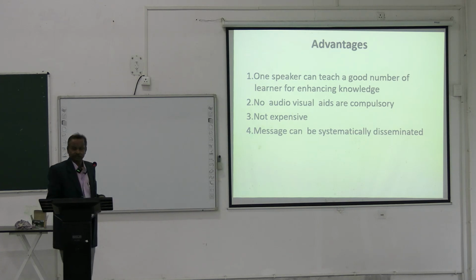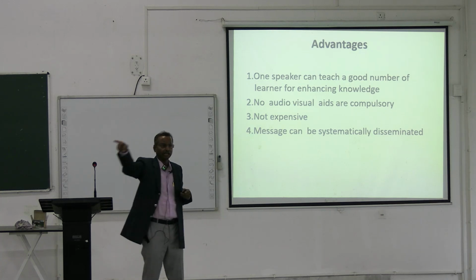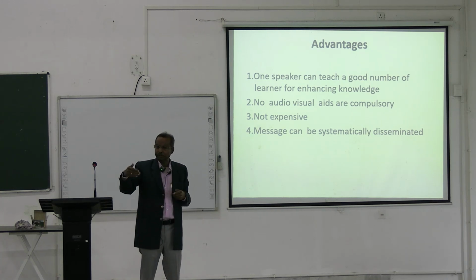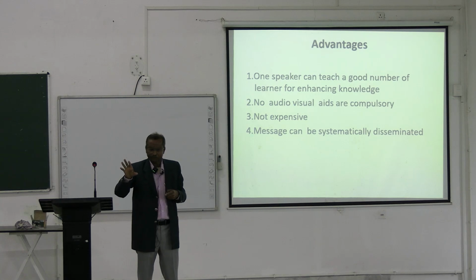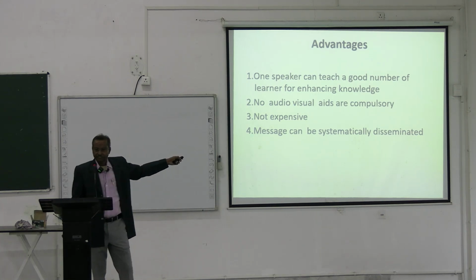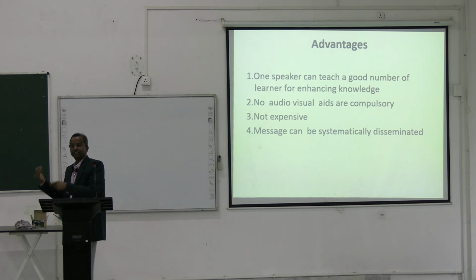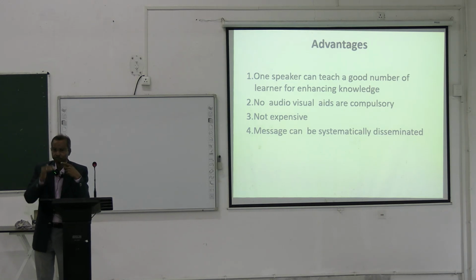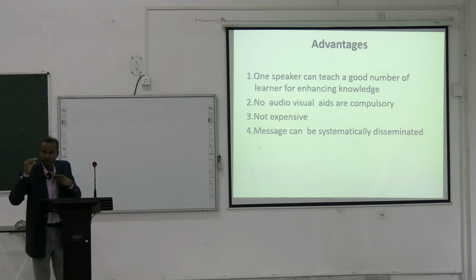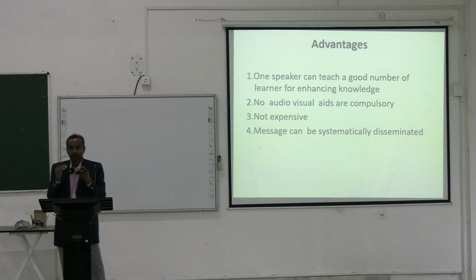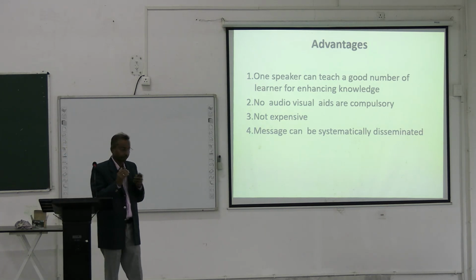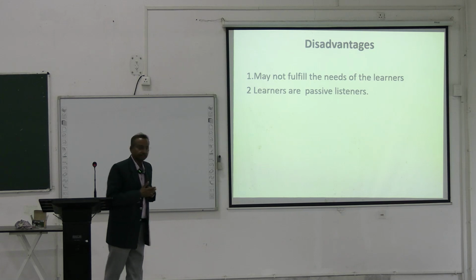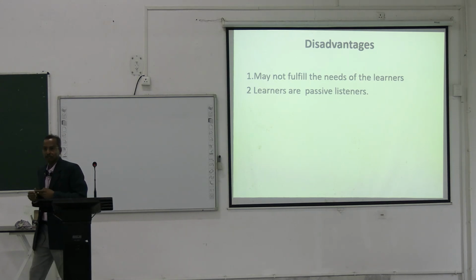That is not that much expensive, because at a time I can have a large number of audience, maybe 200, 300, 400, 500 also. So, it is not that much expensive. The message I am disseminating to you may be disseminated in a systematic way, because I have prepared my speech, how I will deliver the lecture, what points I will discuss, because this is formal. Okay, I have prepared. This is the advantage, and the disadvantage is that it may not fulfill the needs of the